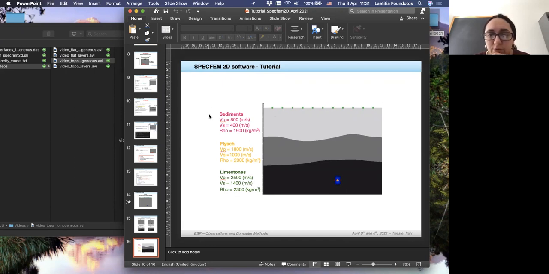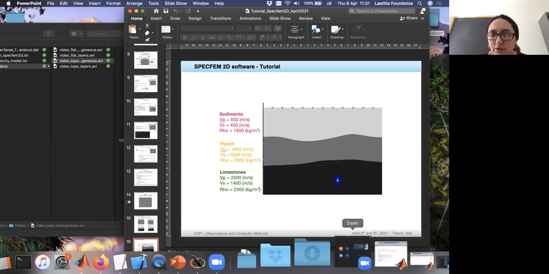This is quite a crude example, but just to have some examples. For each layer, we have to indicate velocity for P waves and S waves and density, and it's quite different for each geological unit.